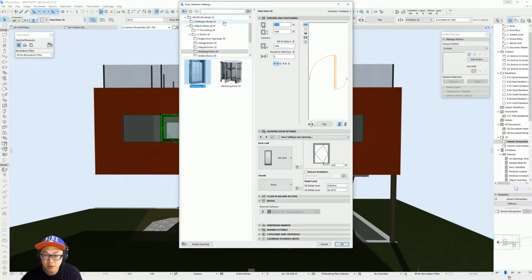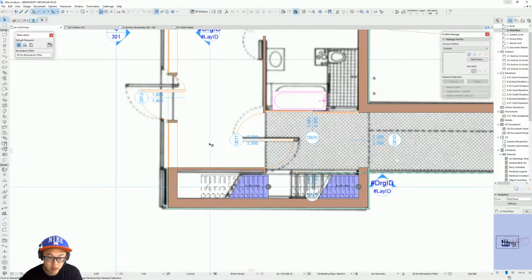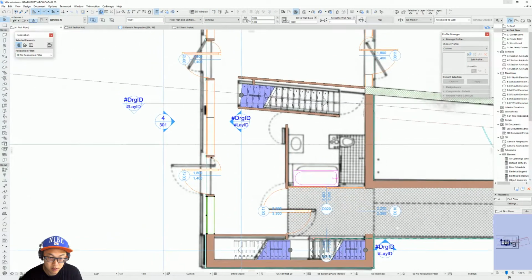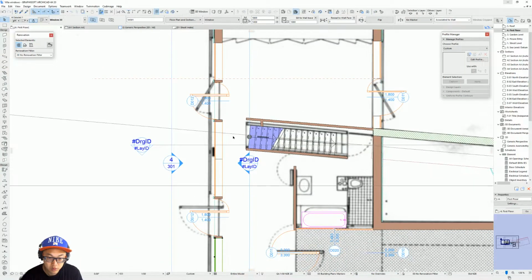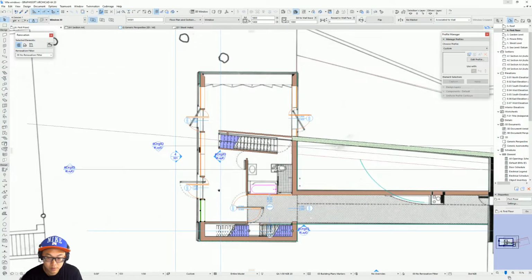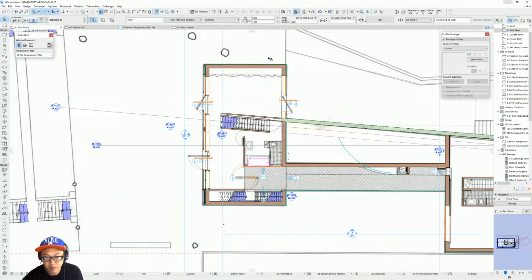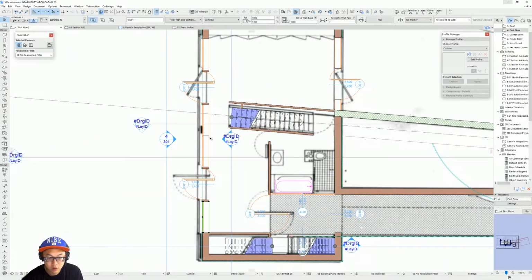So maybe I just go back to 1.8 and maybe I have to resize that box. So maybe